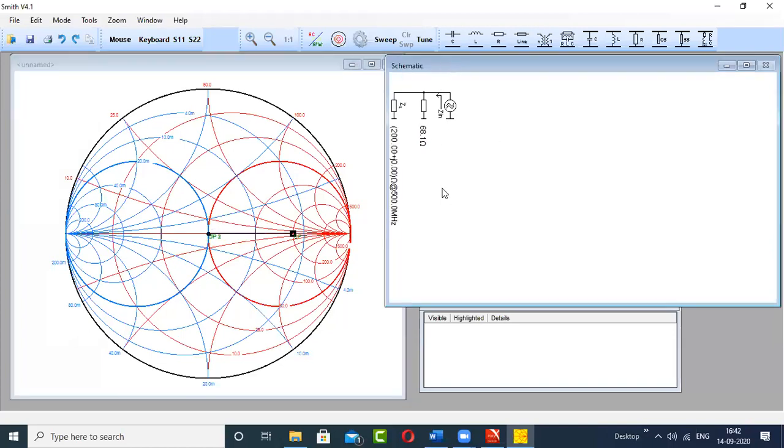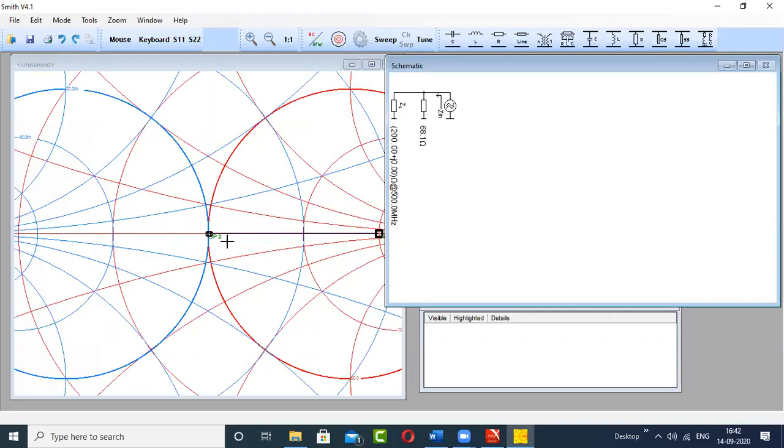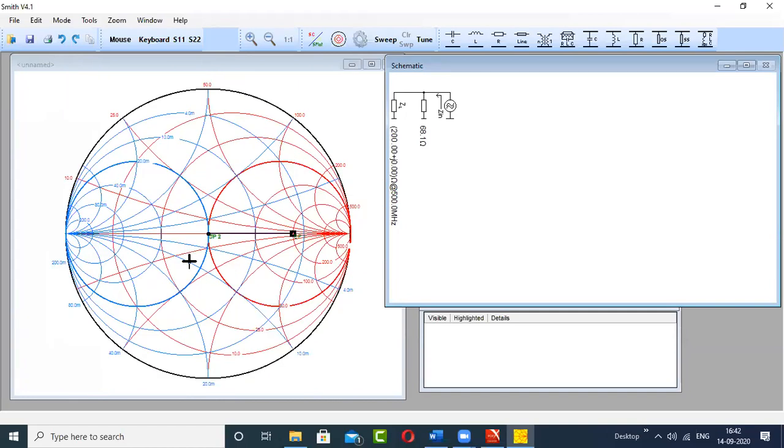68 ohm here, 68.1. It's not the exact figure because that depends on how well you click on this Smith software, how accurately you position your cursor and click. But the parallel combination of these two can be very close to 50 ohm. So you can match your impedance using this technique also. But there is an issue with this technique. Why has the sir given you what? That different techniques.